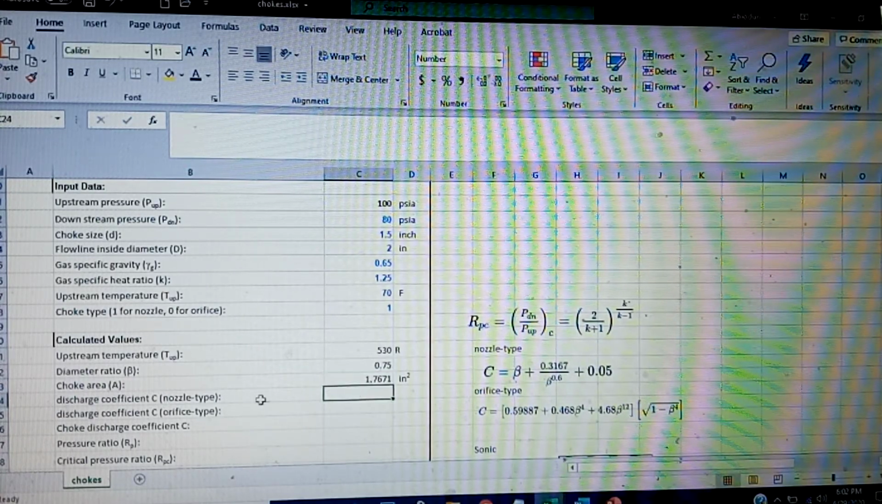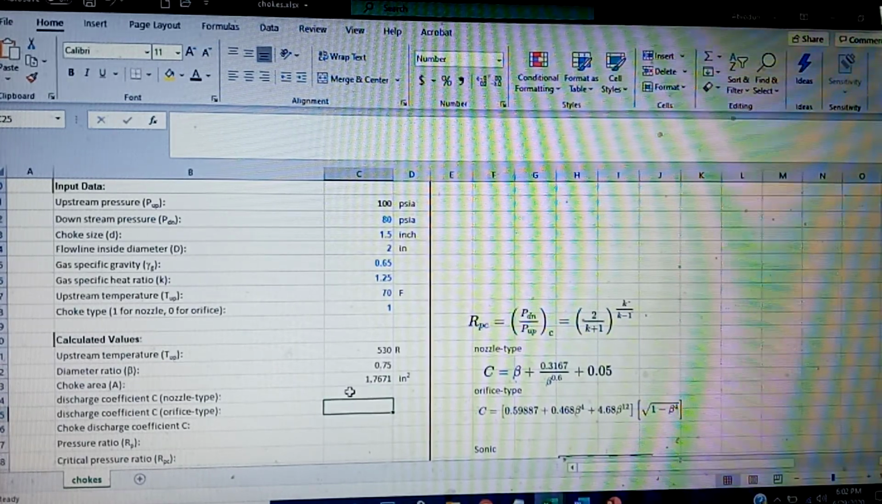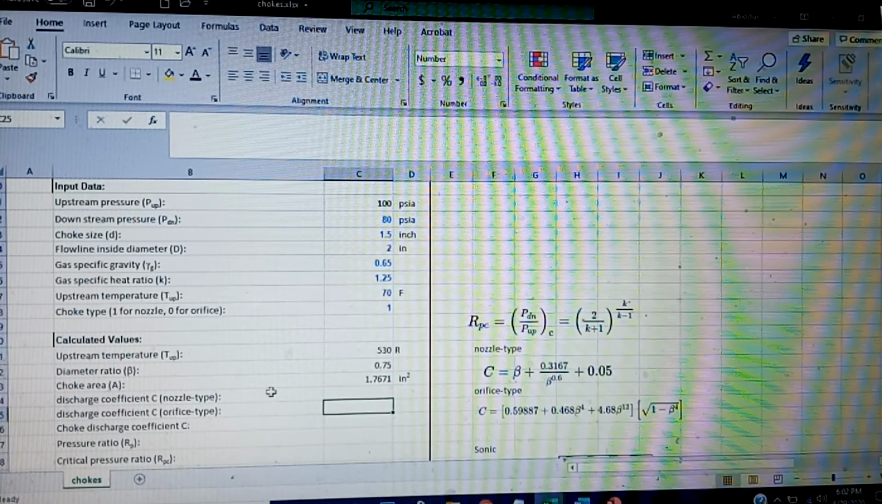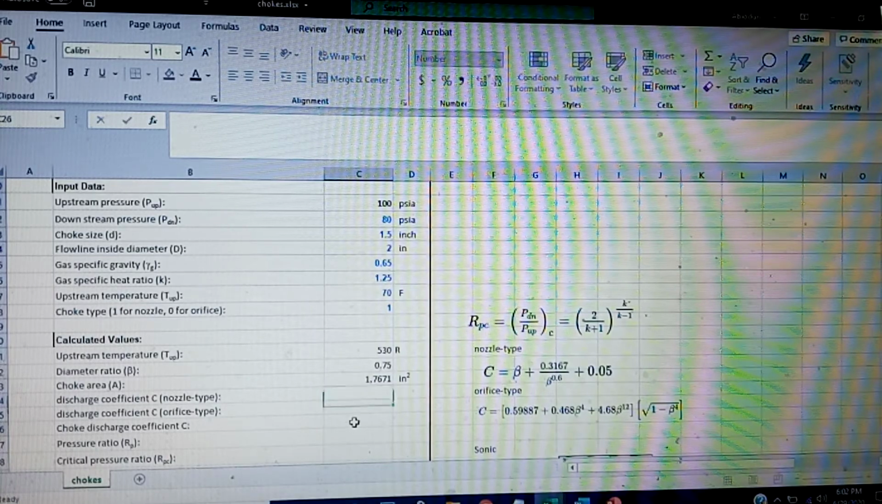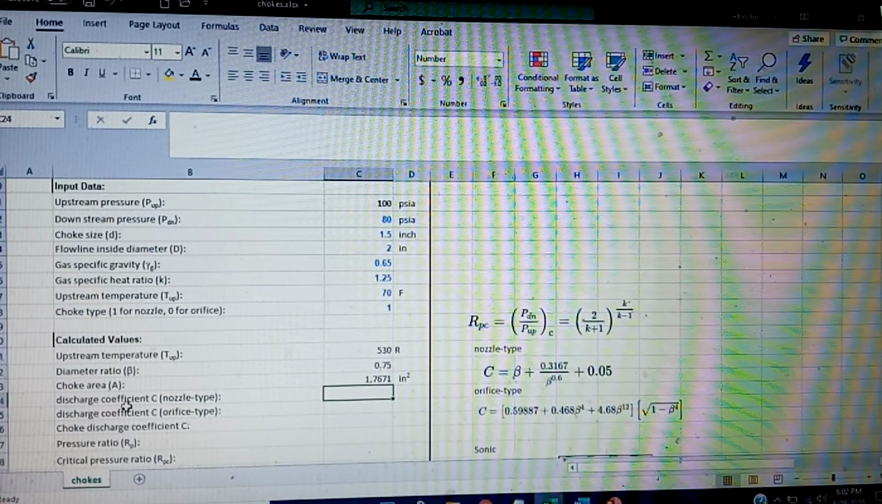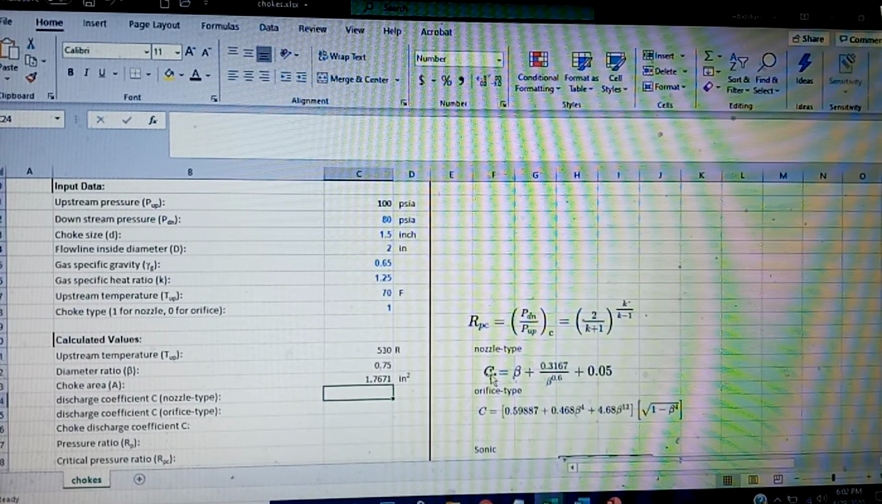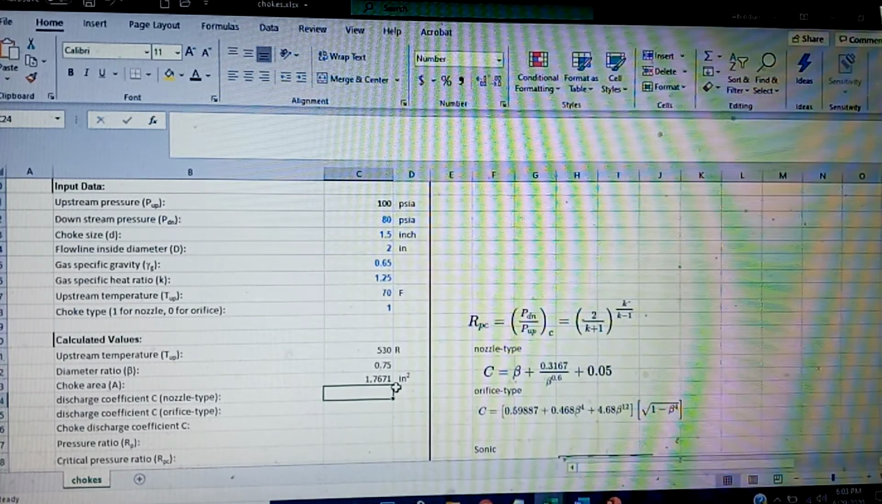The next one is discharge coefficient for nozzle type, then discharge coefficient for orifice type. Now we have to type both there. I just want to make it simple with you because in real life I might not need the two. I will just type the choke here. But let's do it the simplest way. So what is this discharge coefficient? If it's a nozzle type, you have the equation here. We are going to use Reynolds number of 1 million. So that's the C. So I'm going to put that equation there for nozzle type equals